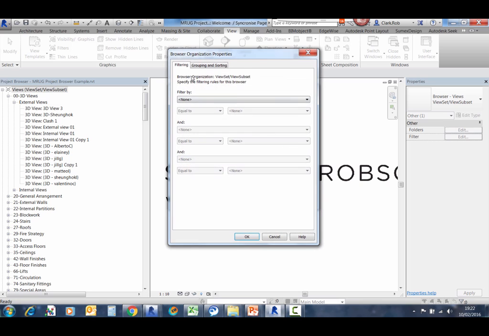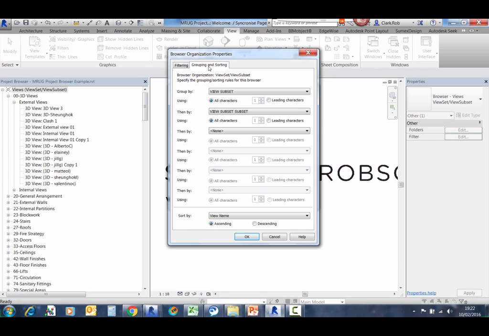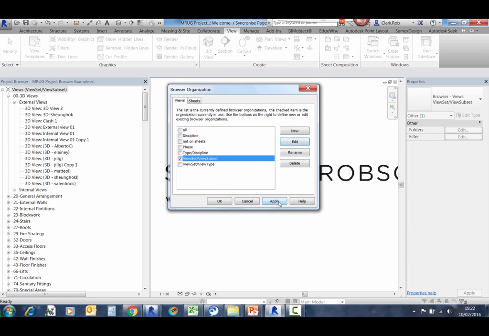So let's just look at this, and it works in a similar way to your schedules, that sort of thing. So under grouping and sorting, you can choose to group based on certain parameters. So here you can see the shared parameters that we've created and added. So we're saying group by the subset parameter and then by the subset subset. So that essentially means every one,